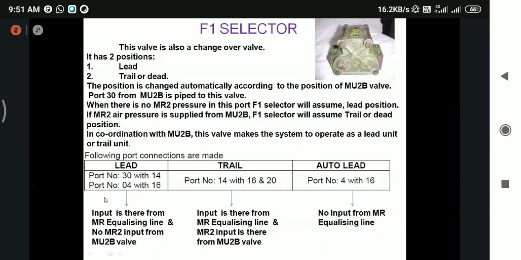And what are the conditions that make it lead? Two conditions should be satisfied. First, at port number 15, MR equalizing pressure should be there and no MR2 input from the MUTB valve; then your F1 selector valve will be in lead. Second, for trial, input pressure from the MR equalizing line should be there at port number 15 and MR2 pressure is also coming from the MUTB valve. That will convert this F1 selector valve to trial. But in both conditions, if there is no MR equalizing input, this F1 selector valve will automatically go to